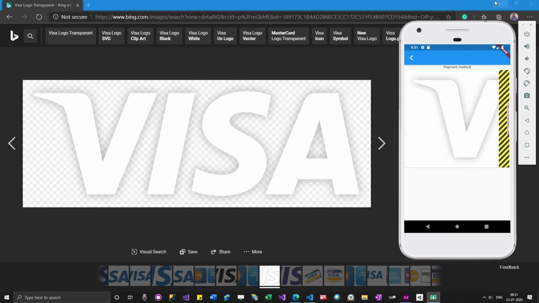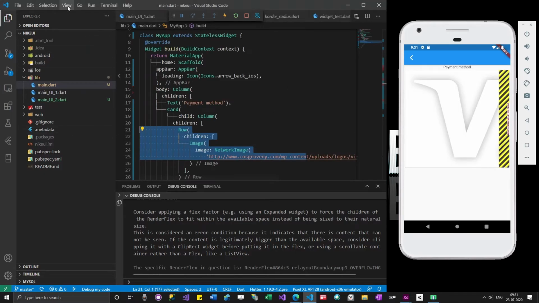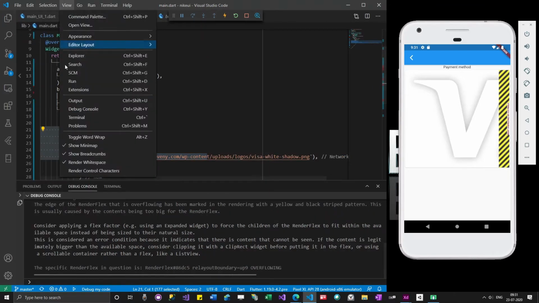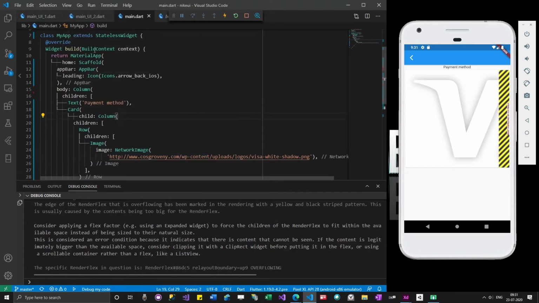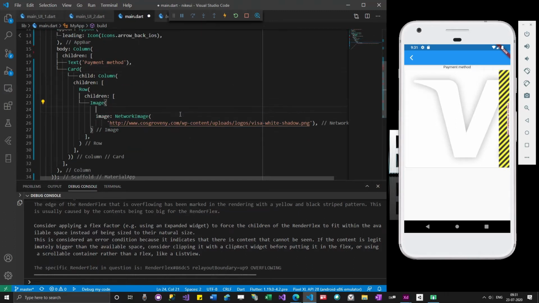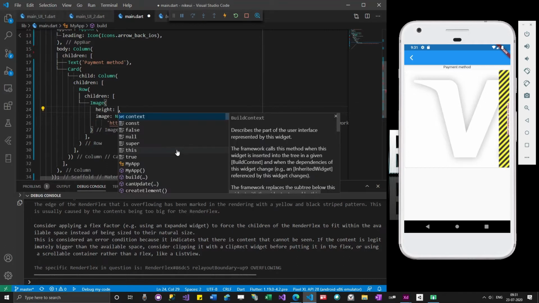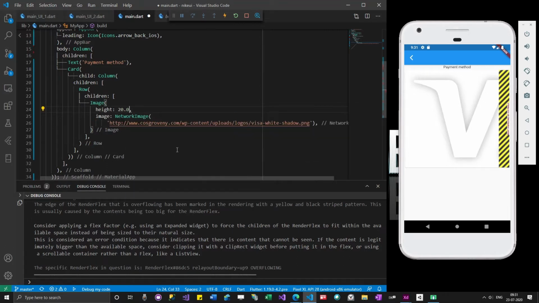It is so huge. So I'll give size, height as 20.0.